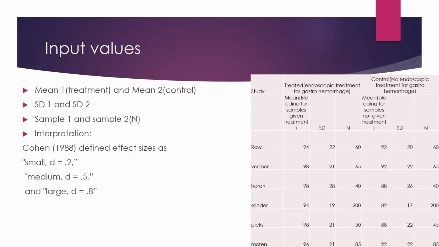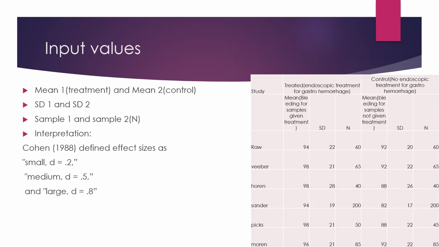And 60 people are there whom I've not given a vaccine or not given a treatment. These 60 become my control group. So in the control group, sample size n becomes 60. Now, this is an actual study that I got, okay? This was a meta-analytical study on medicine. So what this person has done is that he was seeing the impact of endoscopic treatment on gastrohemorrhage.